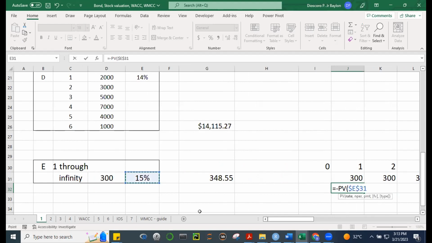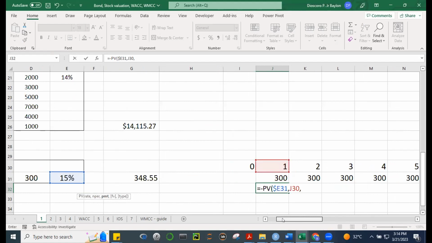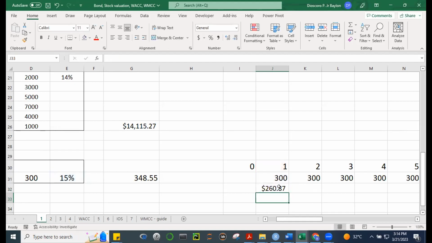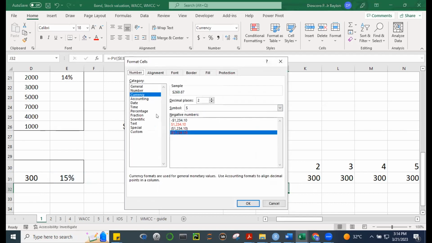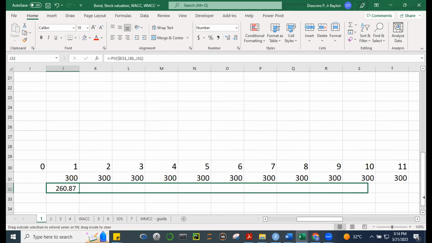And let me fix the column there, because we're going to copy to the right along the row. The nper, number of periods, is this 1. What's our PMT? Okay, let's ignore the PMT. We'll use the future value instead. So how much is 300 after 1 year? How much is it now? After 1 year, the 300 is equivalent to 260 now. And if we copy it across the rest,